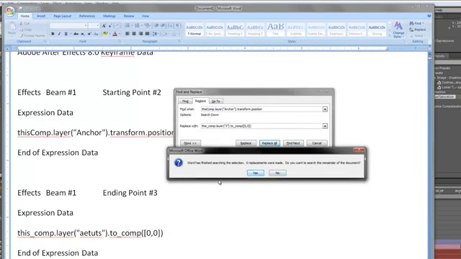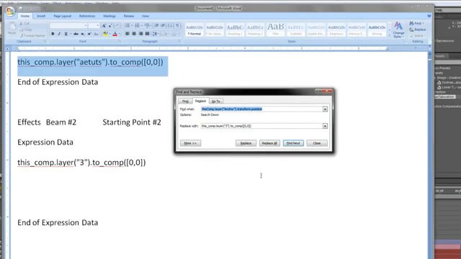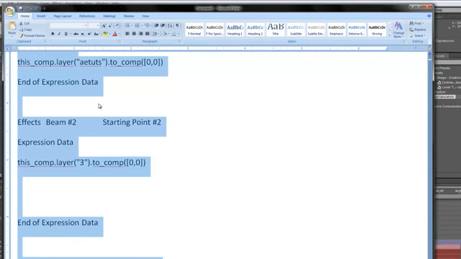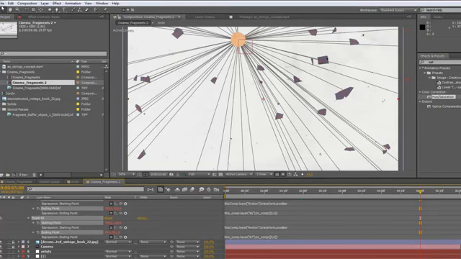and we get this message because I had just that little bit highlighted. Do we want to search the remainder of the document? Yes. Okay, I made 67 replacements. Okay. So we're going to close. I'm going to do Control A to select it all, copy it, go back to After Effects, and if I go to Edit, Paste,